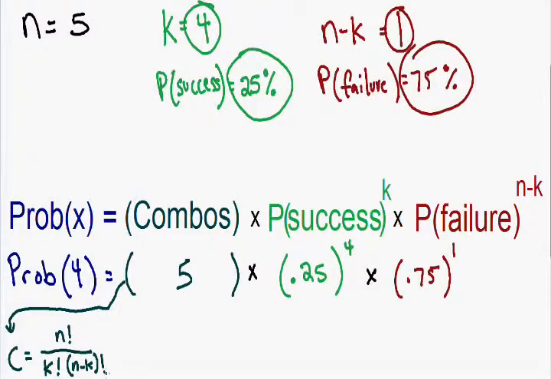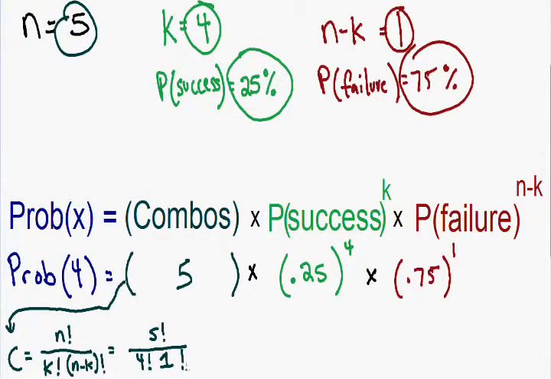Once again, this is the formula for the total number of combinations. If we plugged everything into our formula, we have n, which is the number 5, so we have 5 factorial, all divided by the letter k, our number of successes, which is 4 factorial, all multiplied by our number of failures, which is 1